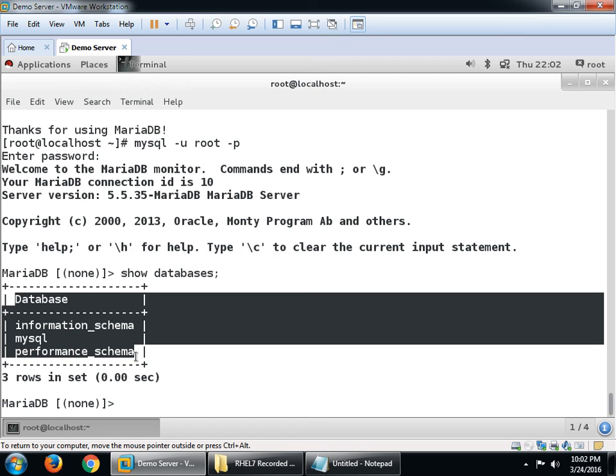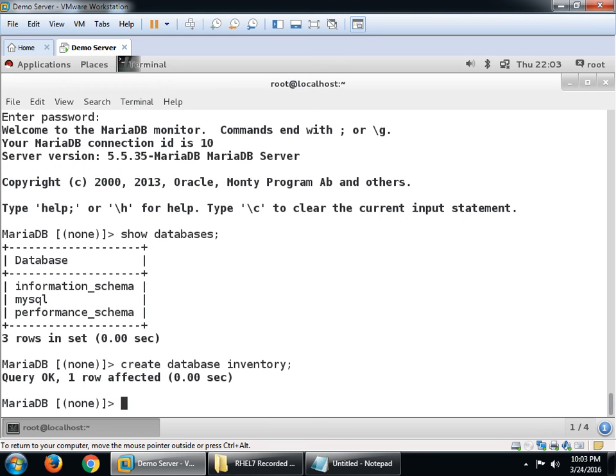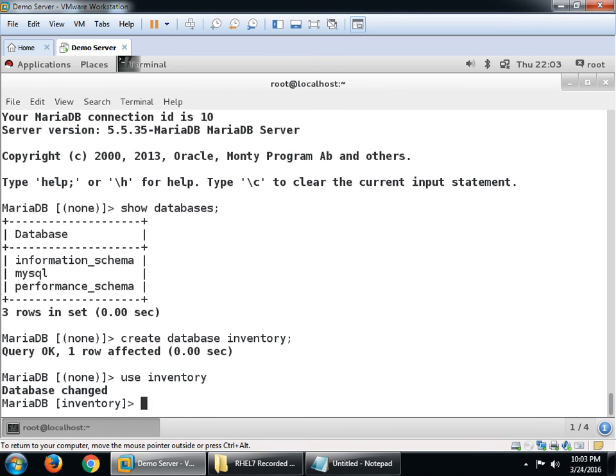If you want to create any database, create database, suppose inventory, the database name is inventory. Now to access inventory, use inventory. The database has been changed, right?